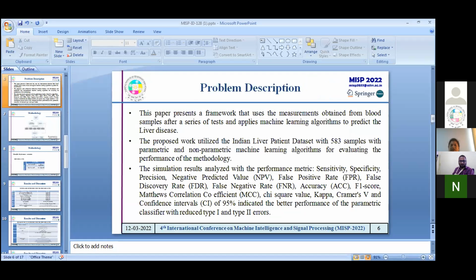Yeah. So here we are, as I told you, going for the observations we get from the various blood samples, and that will be given to the machine learning models to understand the relationship between the features and the labels, and based on that the decision is made whether the sample is afflicted or it's healthy.